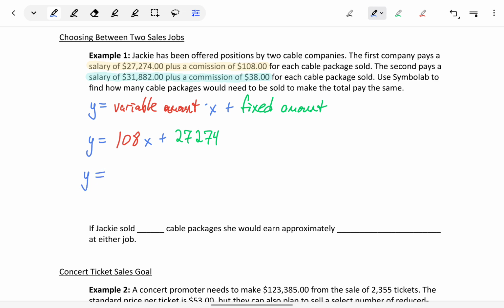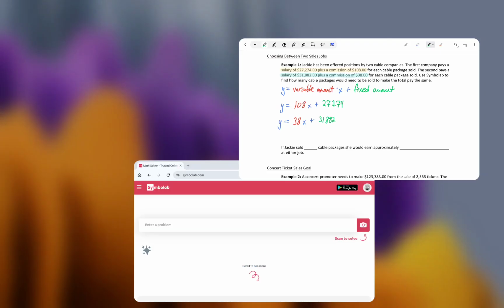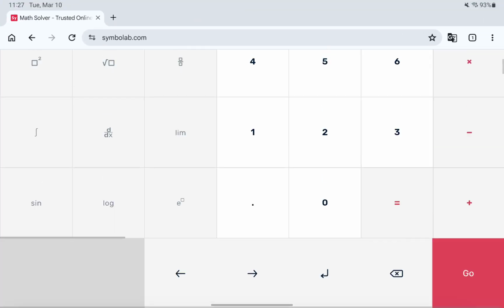Then we can make an equation for the second position, which has similar information but different values. In this case, we have a variable rate of $38 per package times x plus that fixed salary of $31,882. Our goal then is to find the xy coordinate pair that is the solution to these two equations that we just constructed. In order to do that in Symbolab,